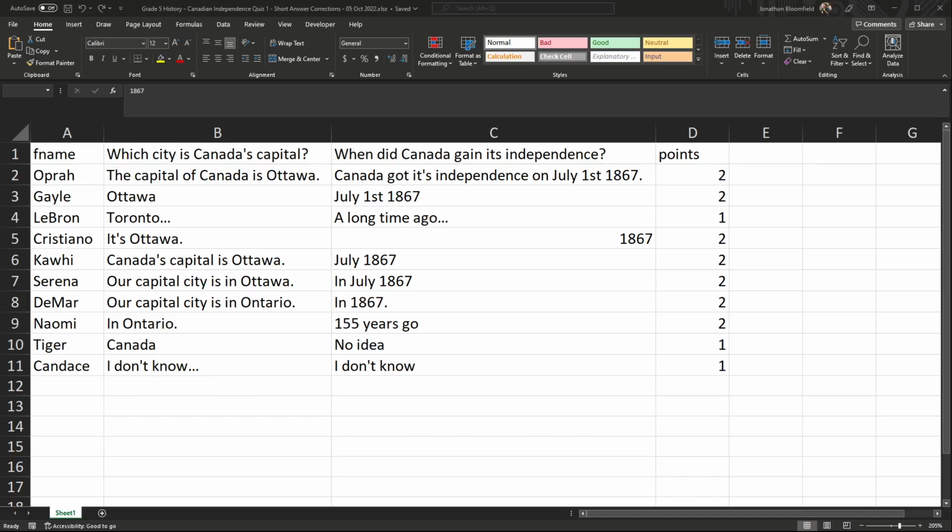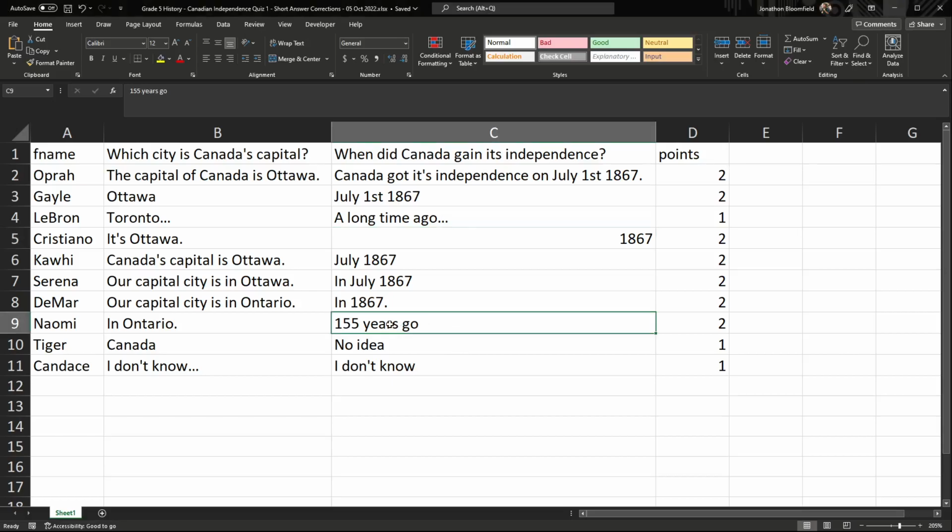Really just depends on how you've chosen to mark things. And just to be nice, I decided that in this case, the student who decided to say that Canada's independence was 155 years ago gets a bonus point for actually doing the math on top of the historical understanding. Okay, so that has been really quickly our tutorial on how to mark multiple answers with